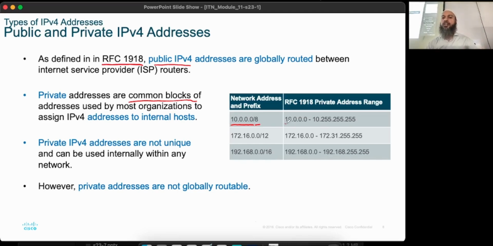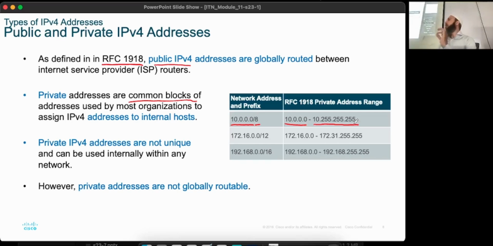Which means 10.0.0.0 to 10.255.255.255. So all of these are within this block. It's a range. If you write the numbers starting from 10.0.0.0 all the way up to 10.255.255.255, all of these are within this block. It's a range of IP addresses. The private IP should fall in this range. It's a range for the same network. Yes. So for one network, you have to have one network.